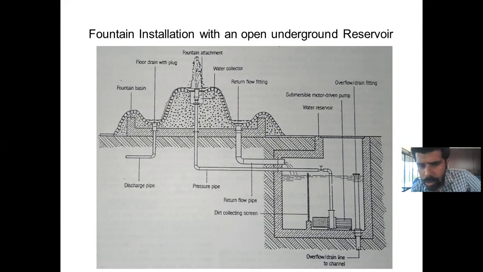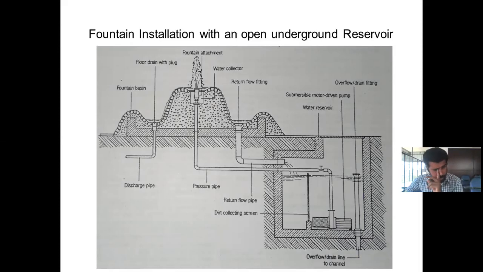So sometimes normally we used to see fountains like this. It will be made up of stones, like a small thing, and it will be decorated in a special way. Normally they will be keeping it in the garden in some areas or in a residence or wherever it might be. These types of fountains we can normally see, right? So let's see how this has been installed. What type of installation is this? Let's see.